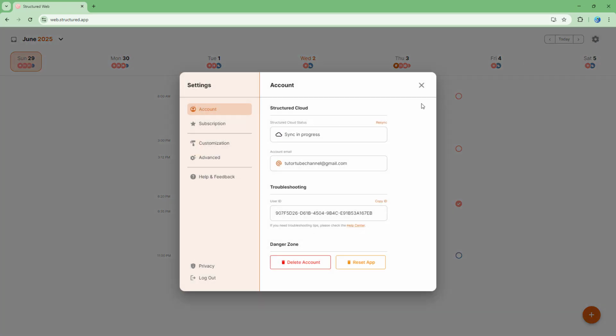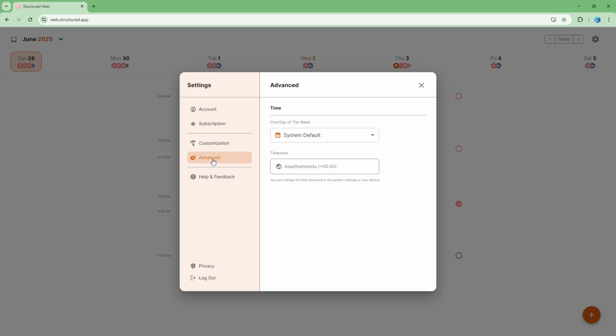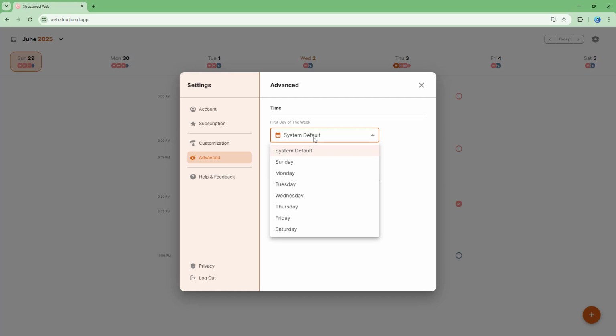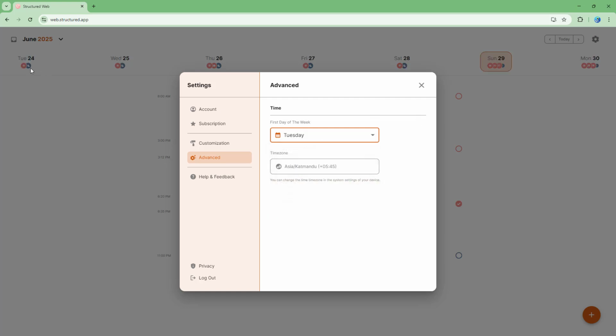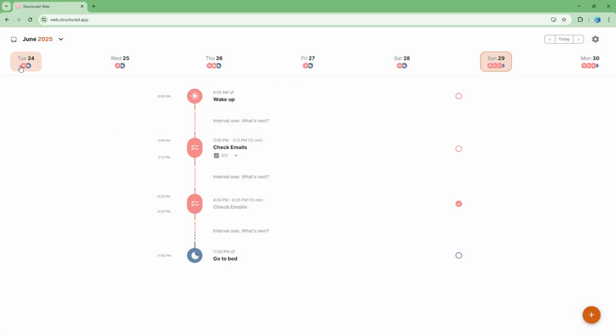And then what you can do is go over here onto advanced. So here the first day of the week is system default. So it is pulling the data from my system, where the first day is set to Sunday. But if you want to change that, you can click on it and then choose Tuesday, let's say for instance. Then you can see that Tuesday becomes the first day of the week, and then